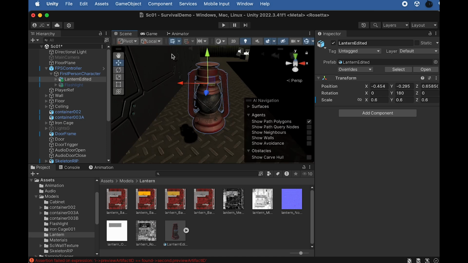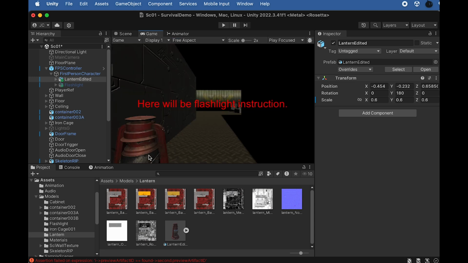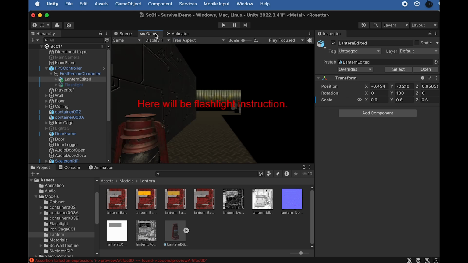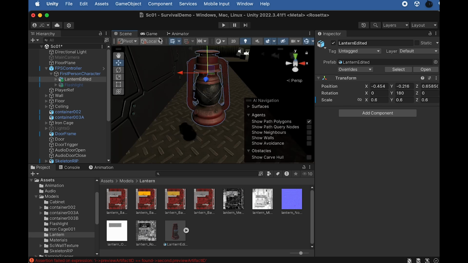Okay, so here I'm gonna move it more left, a little bit up, a little bit more. See, now I'm able to see part of the glass. So that's what I want to do. We at least want to let the player know this is a lantern. Okay, so here we go. All right, so now